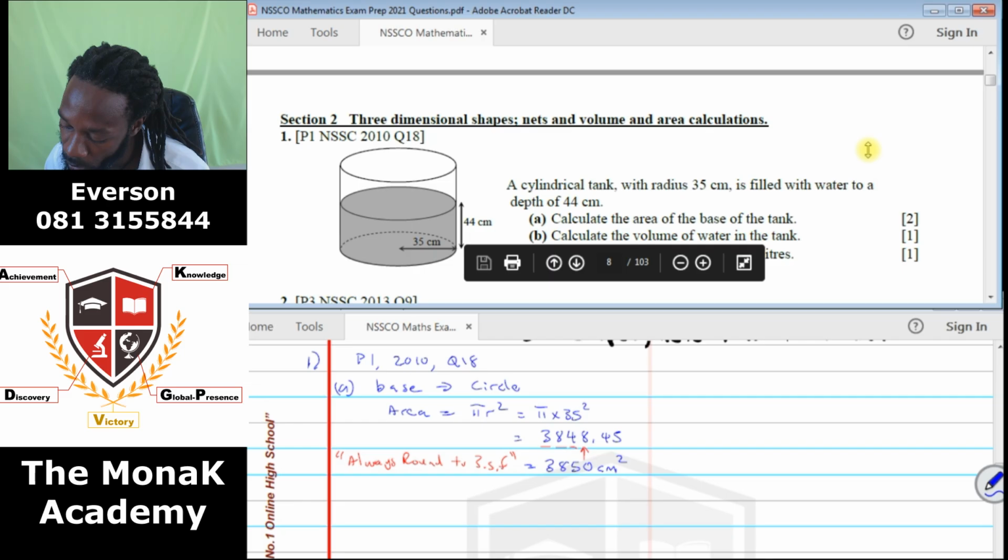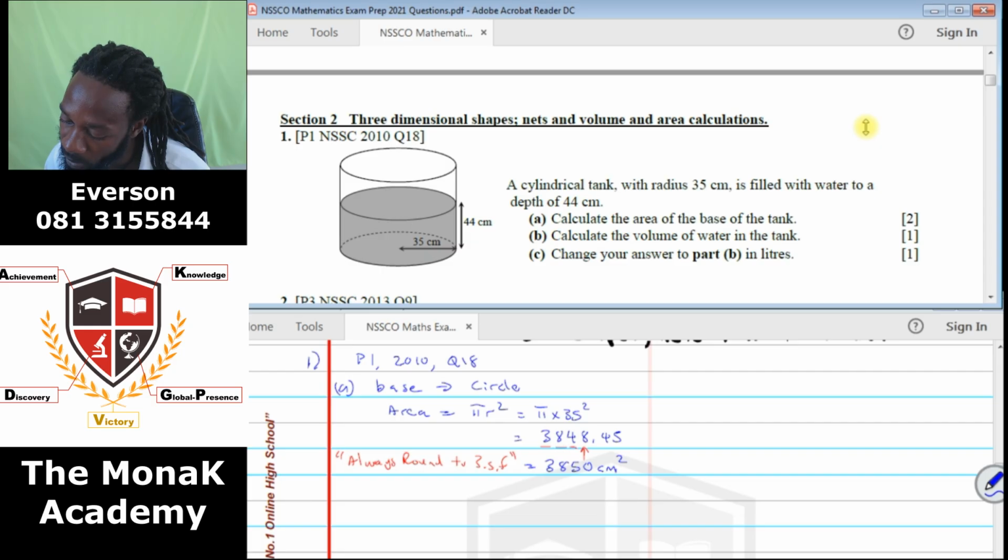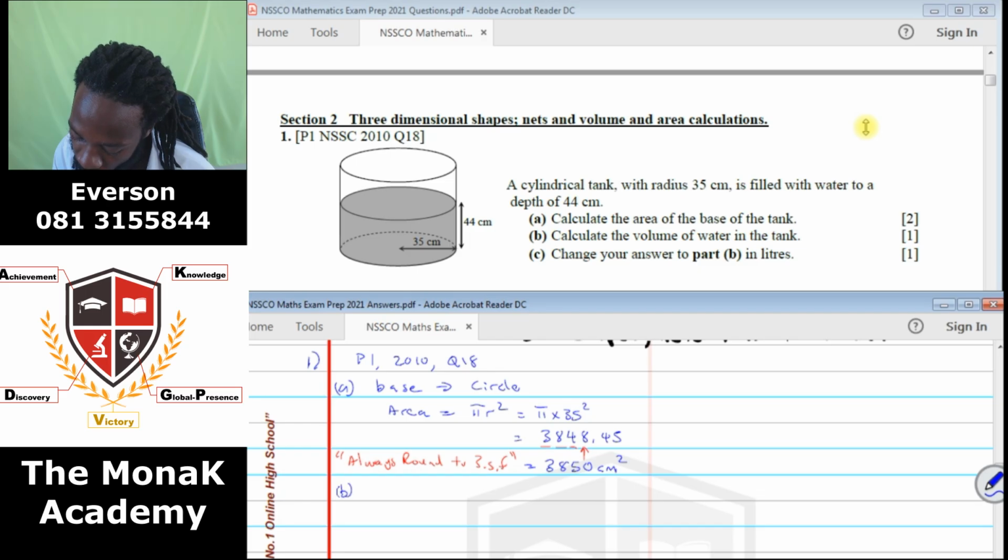Then we go on to B. Calculate the volume of the water in the tank. So B, volume, we know it's base area times height. So our base area is 3850 times our height, it's 44. So our volume will be